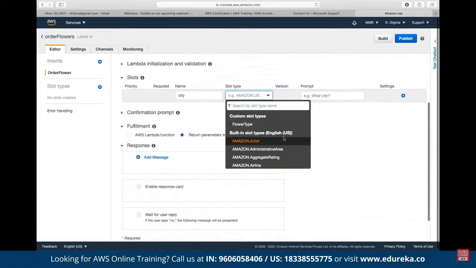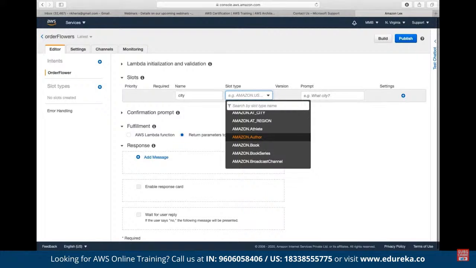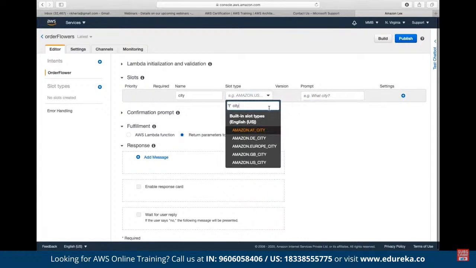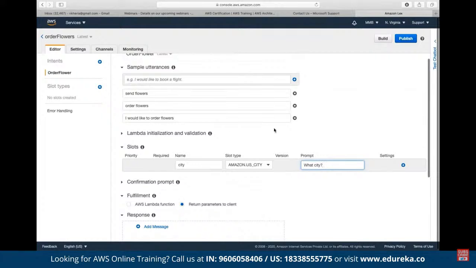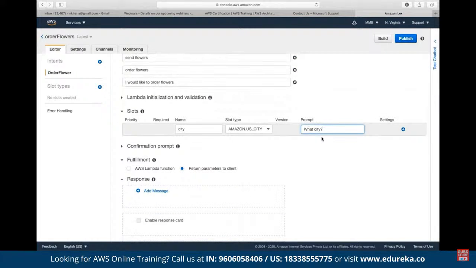You can either use the inbuilt slots available to us via Lex, or we can create a custom slot in case that slot type is not available. Let's say here we want to save the input by the name of city. So here we can see we have cities available, for example, US city. So here you can choose city, and here we can ask them a question. That means what kind of question should be asked. So if the user types in, I would like to order plus, here we can show them a question such as, sure, and then we can allow them to enter